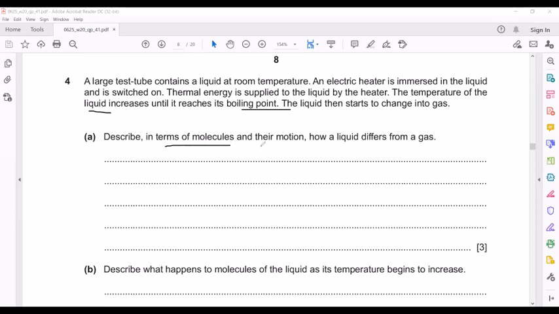Describe, in terms of molecules and their motion, how liquids differ from gases. So you have to state the difference between the particles, in terms of the motion of the particles, in liquids and in gases. Basically, in a liquid, the molecules are relatively closer as compared to those of a gas, and in a gas, the particles